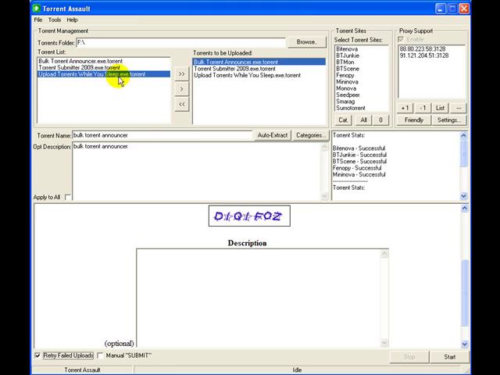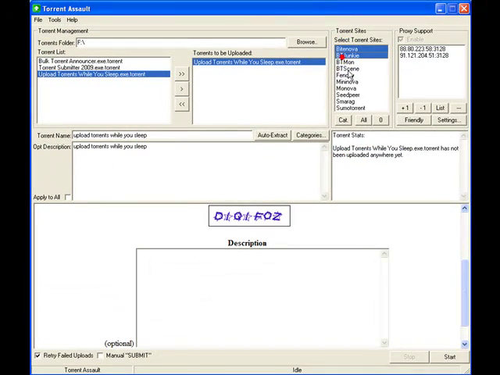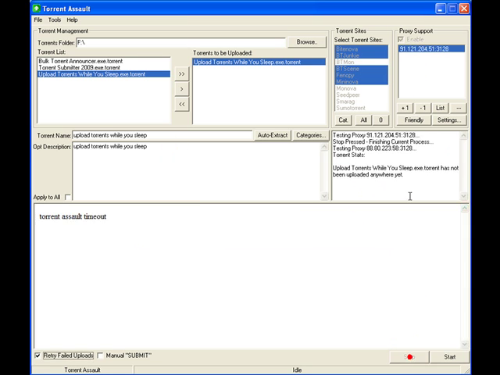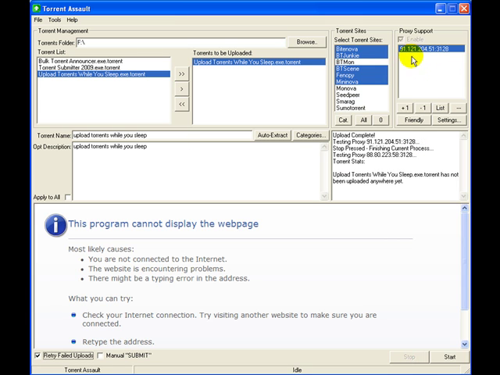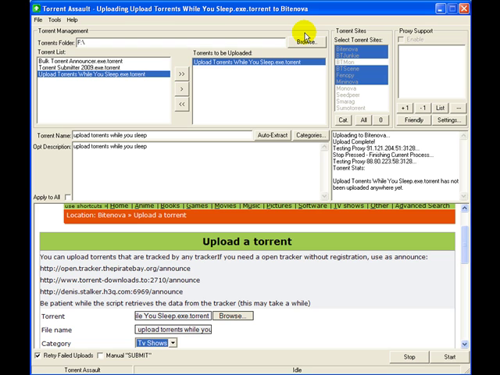So I'm just going to upload this upload torrents while you sleep one. As you can see over in the stats window, it hasn't been uploaded anywhere yet. So I'm going to highlight ByteNova, BT Junkie, BT Scene, Fenopy, and MiniNova, and I'm going to turn off the captchas so I can manually enter them. Whoops, we're testing our proxy. I don't actually want to use proxies. As you can see, I was able to remove them all, and I'm just going to go again. So I'm uploading to ByteNova,